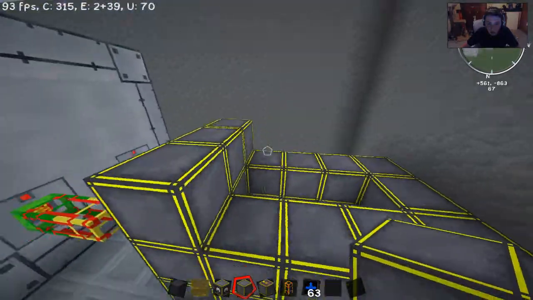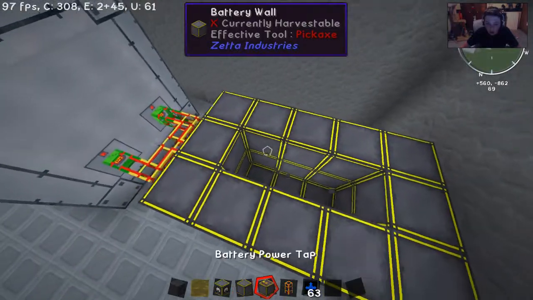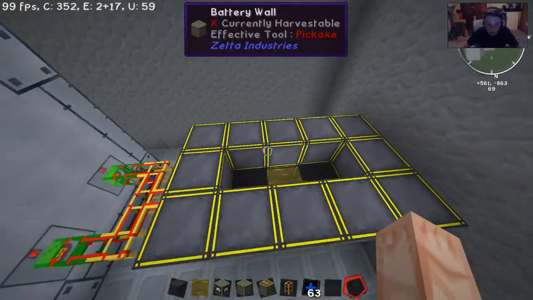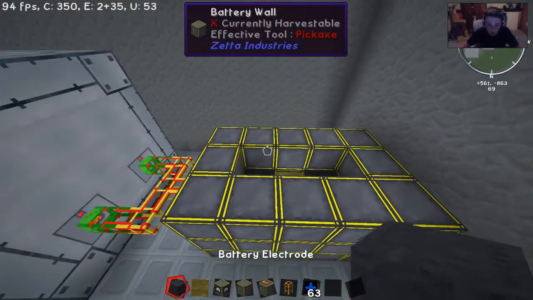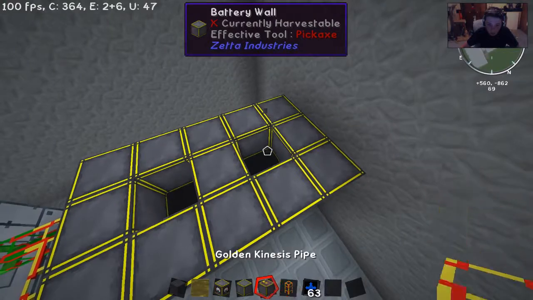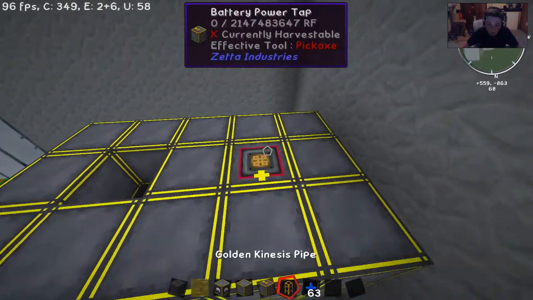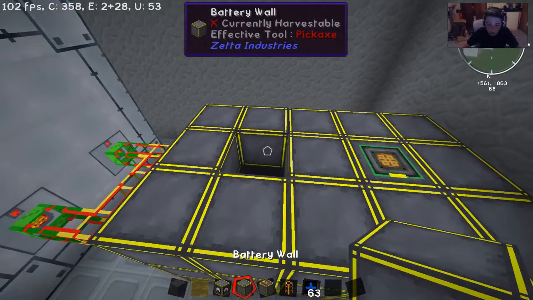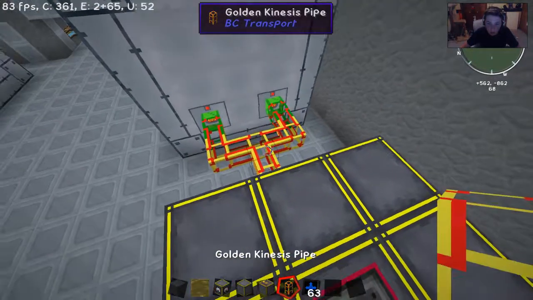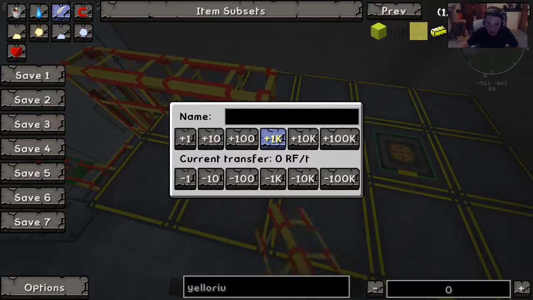Let's get this one going, and then we will... Let's see. Electrode, and so on. And top you off there and there. We're going to need one here. Nope. Here, negative. Here, positive. Grab this and bring it up over the top, and